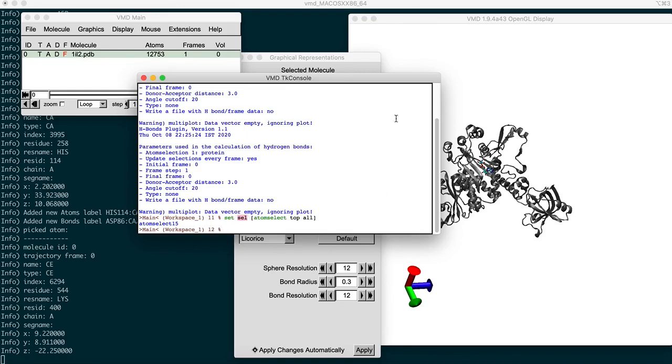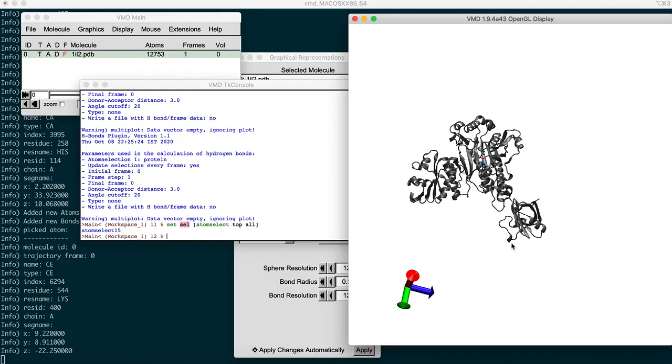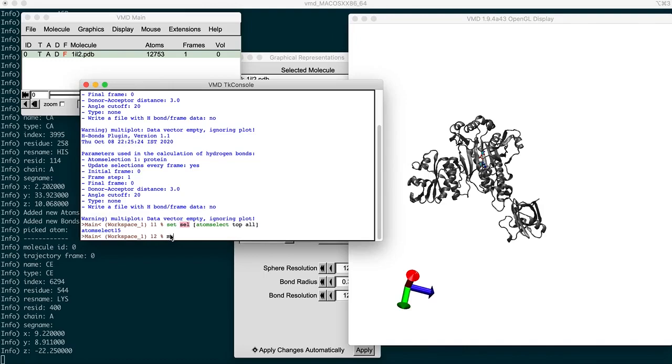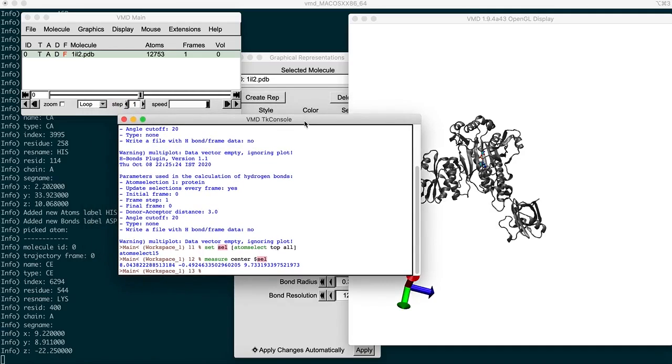So first of all, let's calculate the center of geometry of this protein, which takes into account all the XYZ coordinates of the atoms and calculates its center. The command is measure, for measuring any of the properties, then center, and then $sel. We need to have this dollar sign beforehand because it acts as a pointer to that selection. If you press enter, you will get the center of geometry of the system, which in the x coordinate is 8.04, in the y coordinate 0.49, and in the z coordinate